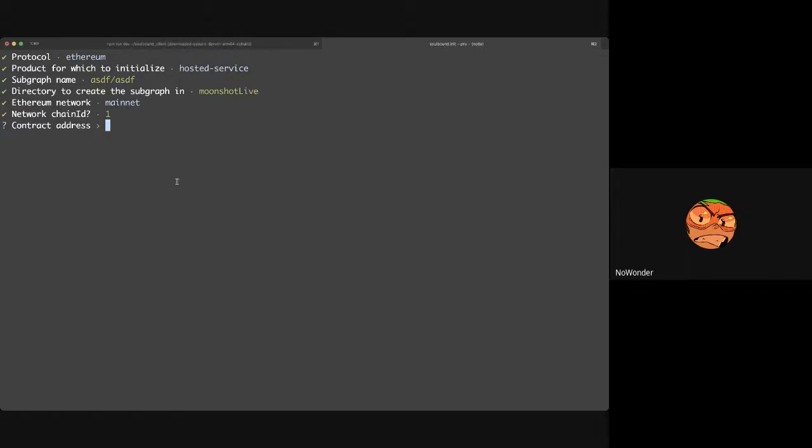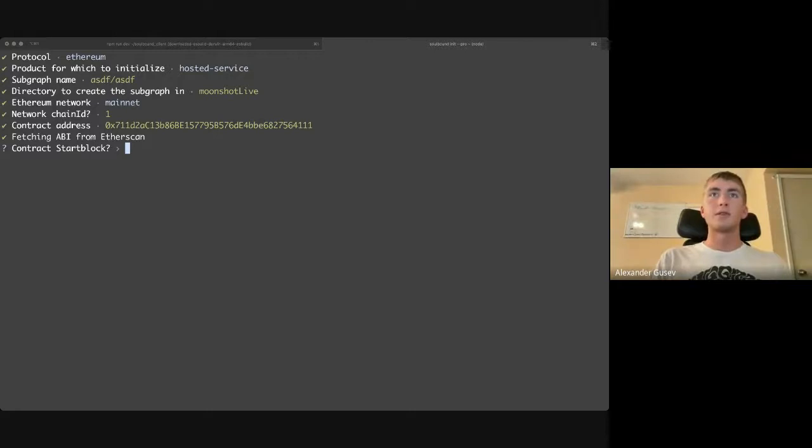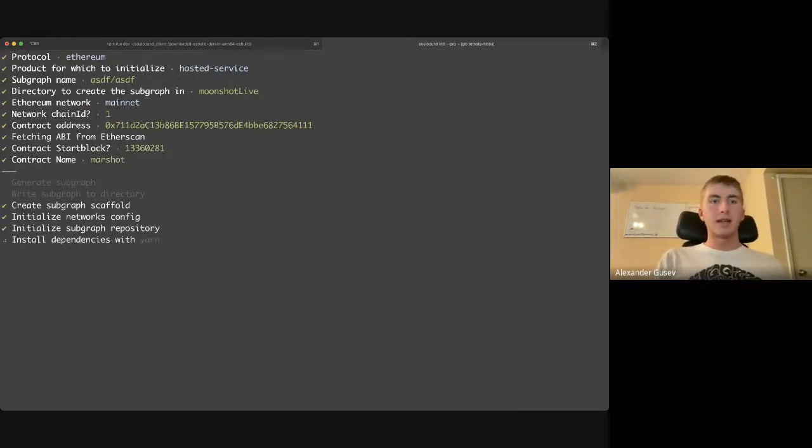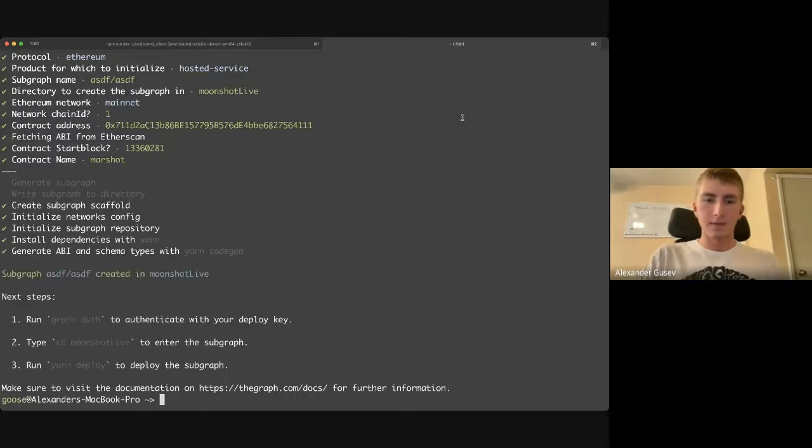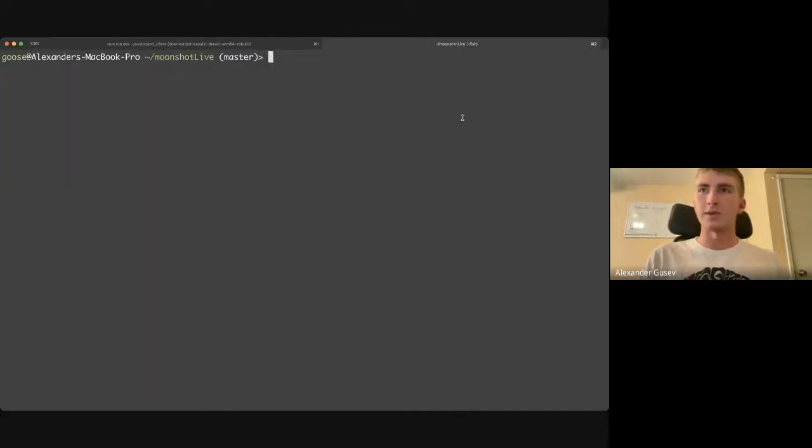Yeah, it should be verified. We'll pass this in, and then it asks for the start block, so that we don't have to start indexing all the data from the entire blockchain. So let's copy this in, and we'll call this Marshall. It spins up this proto subgraph that's populated with all these different entity types that we predefined. Then we'll push it up and deploy it live, and we'll start indexing that data and make some queries to it. And if you didn't know, this is a lot faster than this normally goes with the graph init stuff.